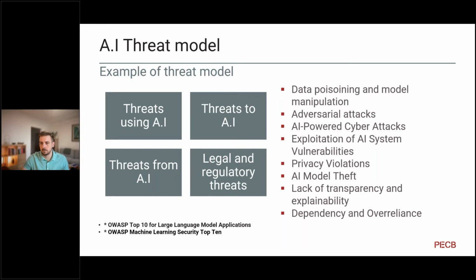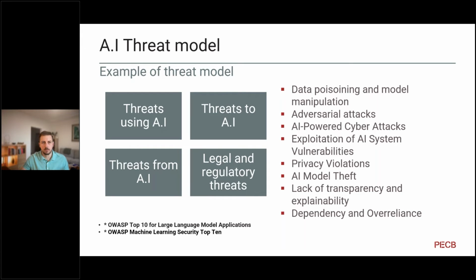If you make your risk assessment on, for example, the automotive industry, it can make the system take the wrong decision while you are driving in traffic, or if you are using this system to diagnose disease, it will give you the wrong decision. So this kind of specific threat will certainly have to be considered in your risk assessment exercise when you perform it and tailor it to your company.